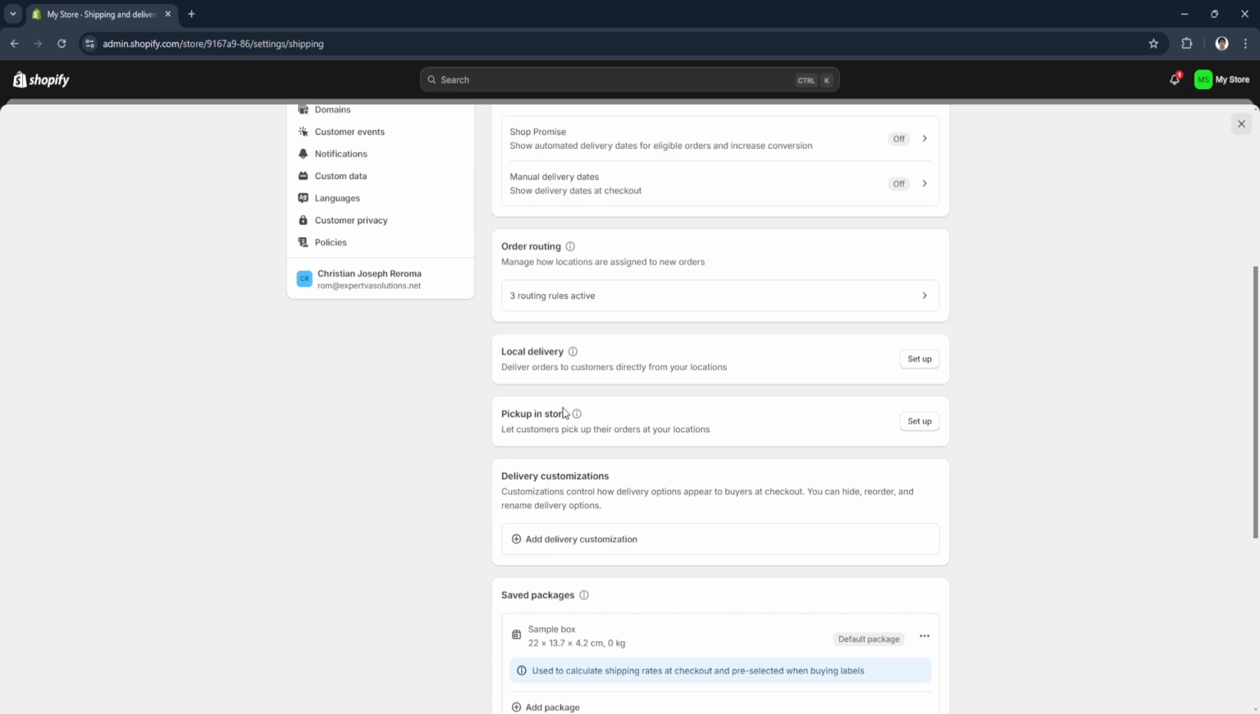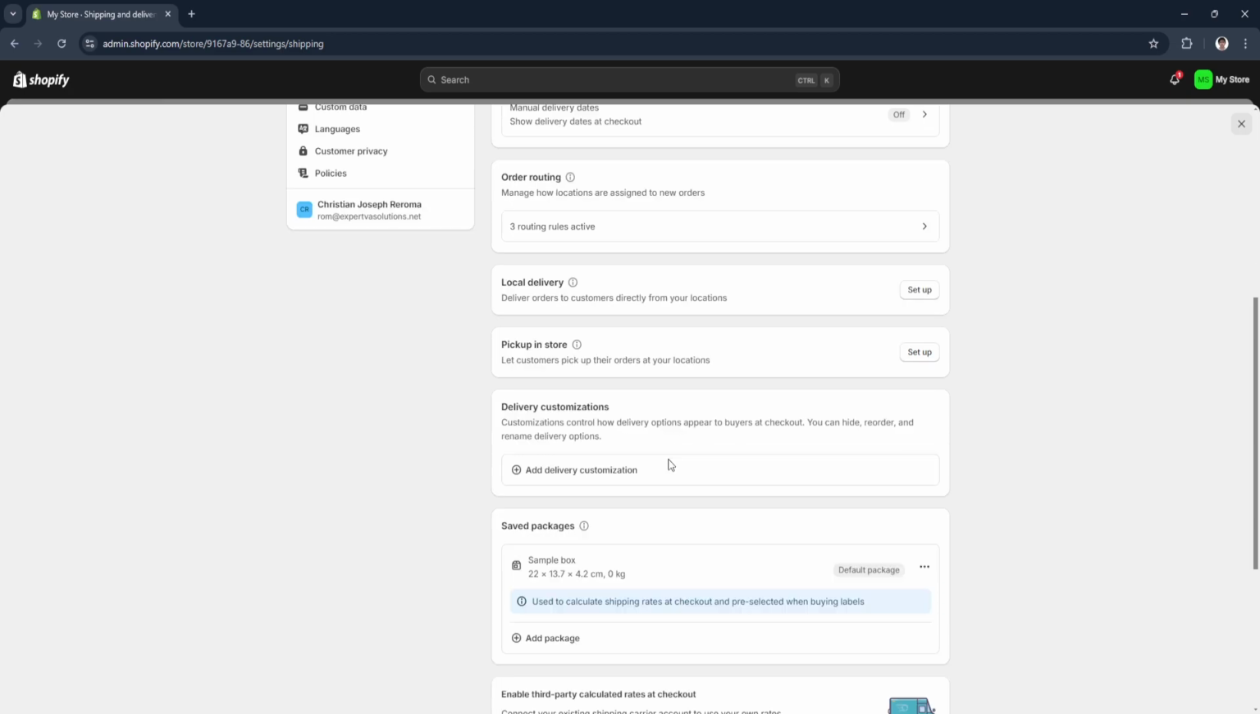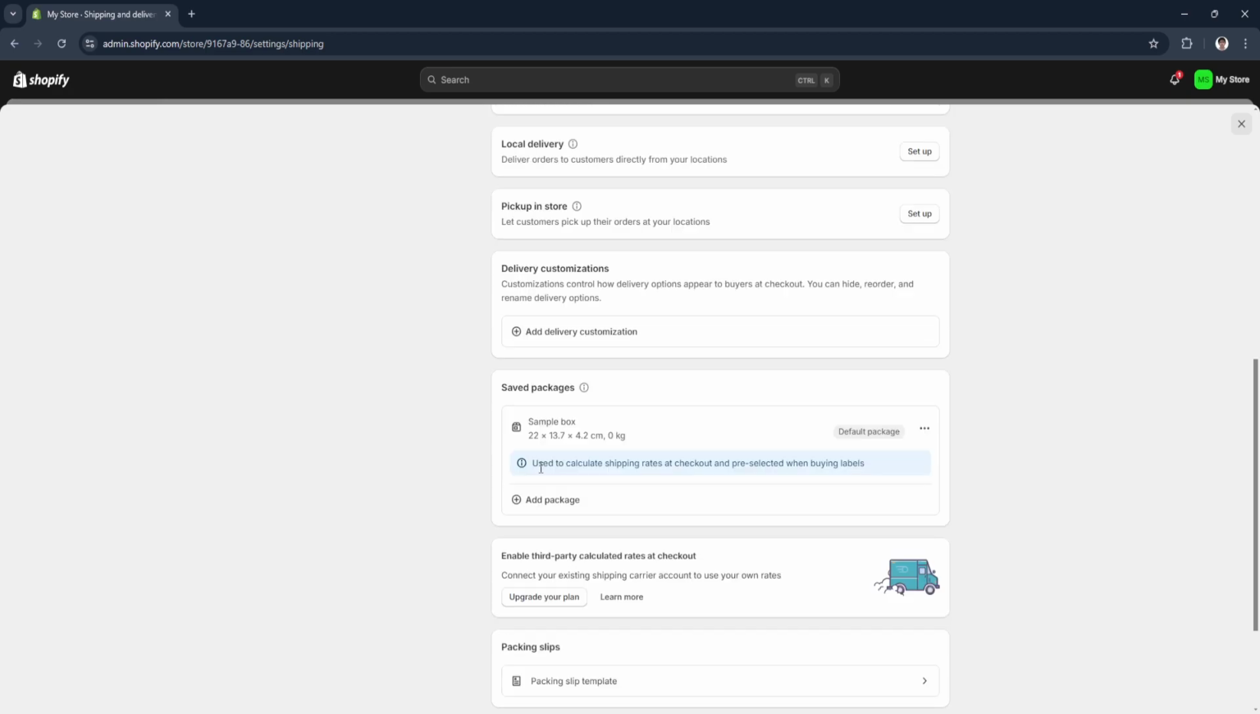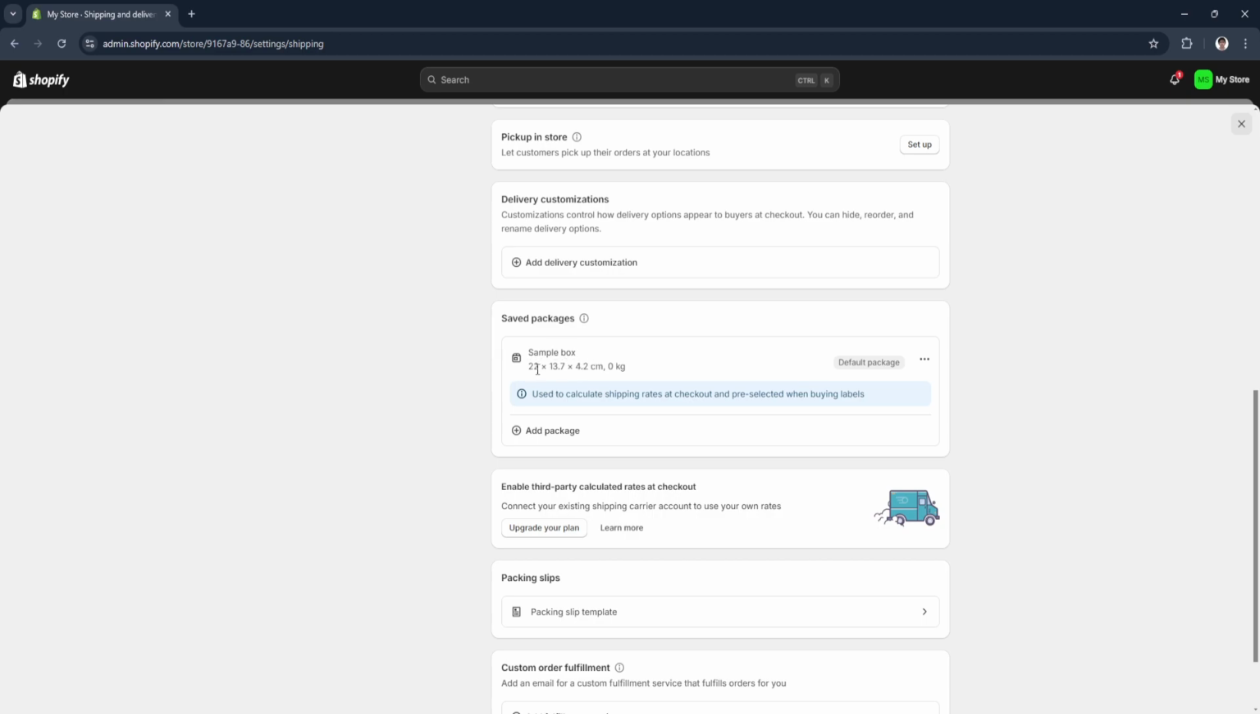Also pickup in store, so you will let customers pick up their orders at your locations. Next is delivery customization, so you can control how delivery options appear to buyers at checkout. You can hide, reorder, and rename delivery options. And next is saved packages. You'll see the default package right here. This is a sample box that has this